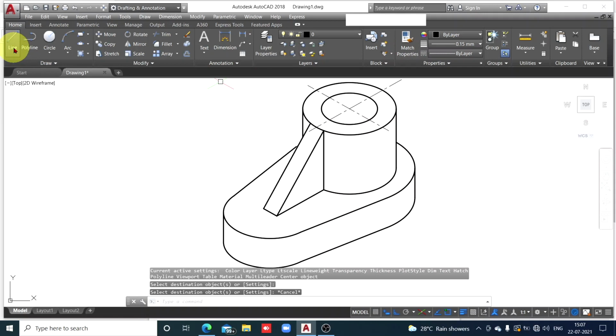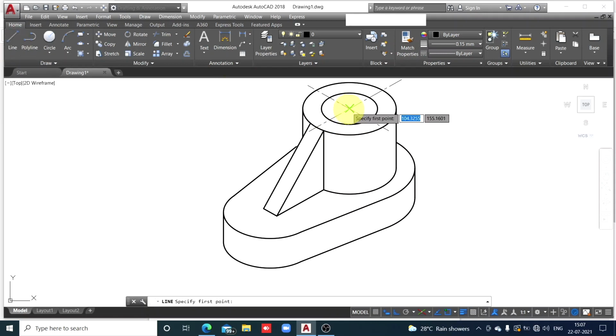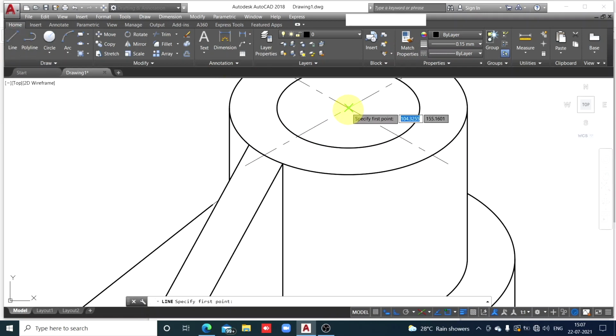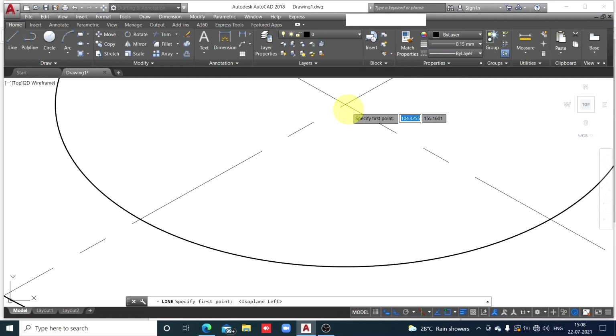Similarly, the axis of the cylinder. So line, get the center of the circle. Now you want to draw the vertical axis, so you will have to change the plane. So click on it, isoplane left, because your vertical axis is available. Now move the cursor to the center.